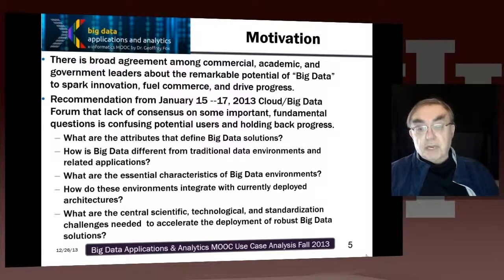And anyway, given we're going to call this whole process big data, we want to know how this process is different from traditional data environments and related applications, because data has been used forever, as we noted. Newton took data to discover his laws. He watched apples falling from trees. That's classic observational science. That has been around forever, and of course Galileo and Pythagoras and everybody else looked at data in order to make a lot of their discoveries. So how is big data different from these older